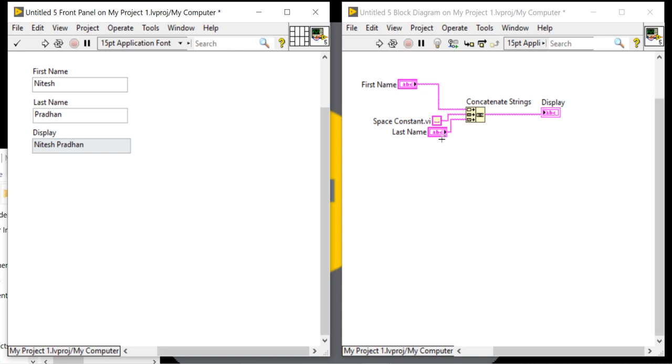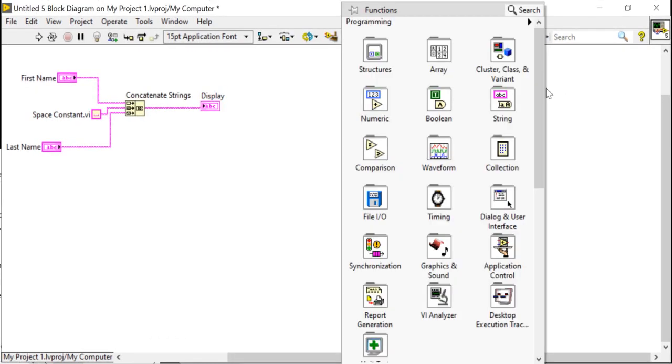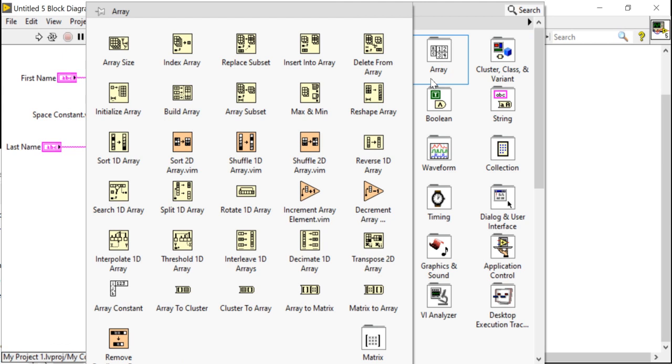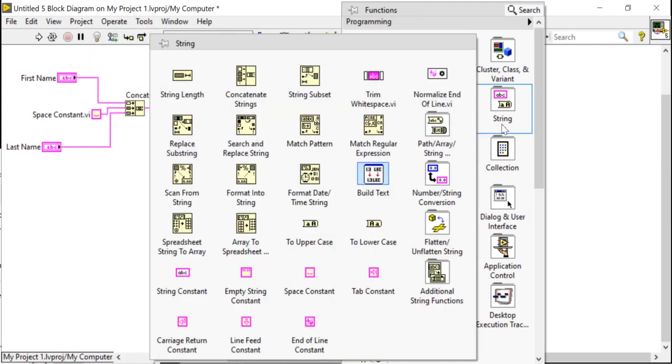So what can I do? Here, right click, come to the string palette. Now there is string subset, match pattern, replace string. Search and replace.